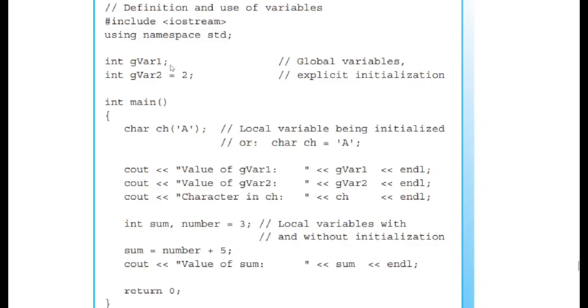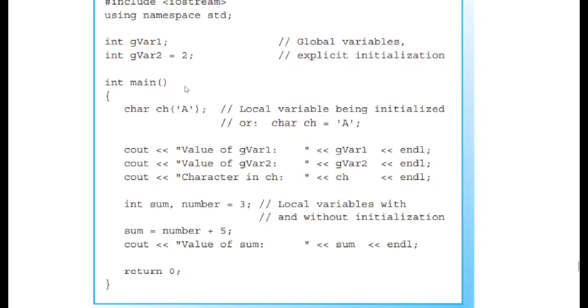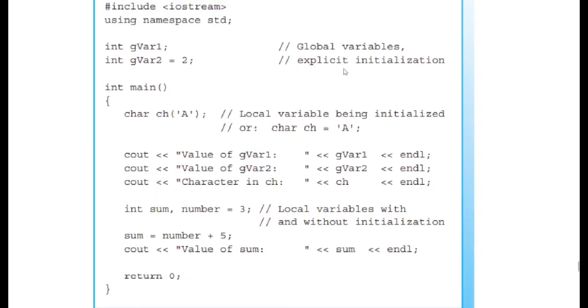So this is called implicit initialization. And it's when we create that variable, we don't give it a value. It does have a value, which would be 0, but because we're not explicitly giving it a value, it's just going to take that default. The second variable here, gvar2, we are actually giving a value. So we're using the equal sign and then assigning a value on the right-hand side. Now, you can see in the comments that these two are listed as global variables.